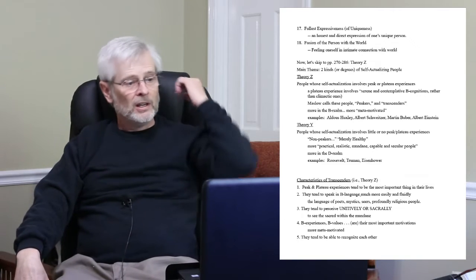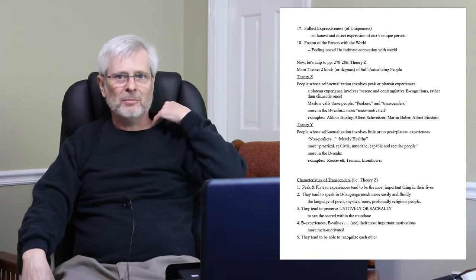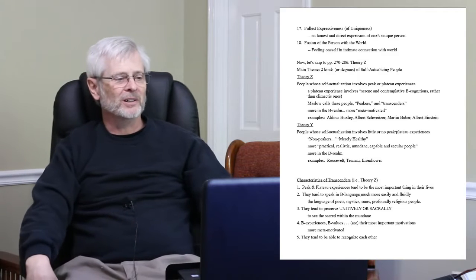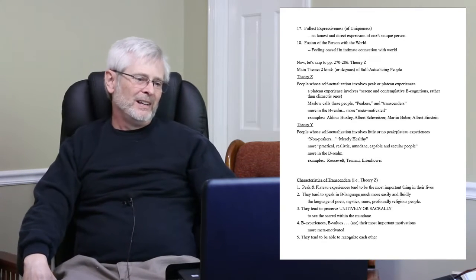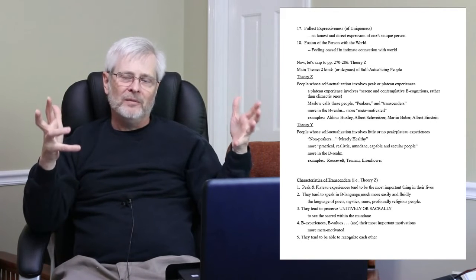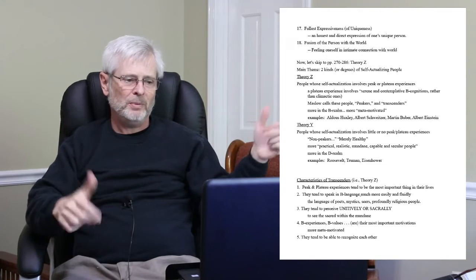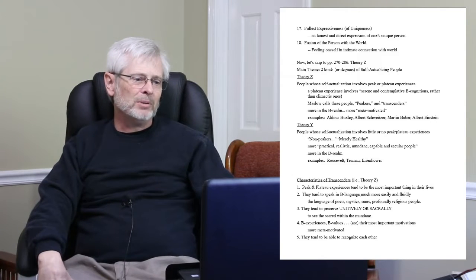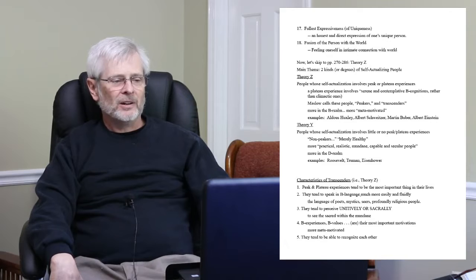Okay, so let's make note of each one of these. I'll try to go through these relatively quickly because I'm hoping to get through the Maslow stuff in this video. That's part of why I'm talking quickly, too. So, descriptor number 1. So what are we talking about again? What is going on in the lives of these theory Z people? People who are self-actualizing and who also experience peak and or plateau experiences. Okay, so descriptor number 1. Peak and plateau experiences tend to be the most important thing in their lives.